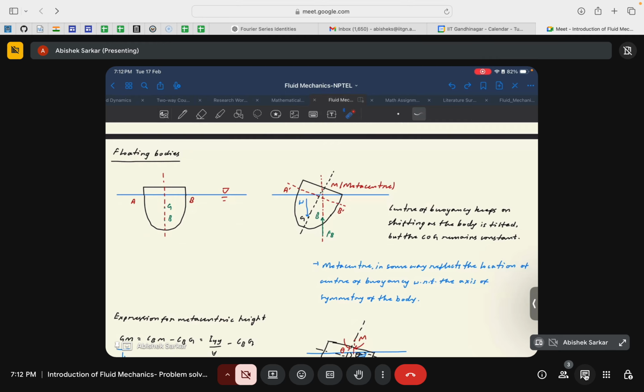And now you can understand why this is the case, because if there is no specific shape to a particular body, like we are not designing it in a way that shifts the center of buoyancy above the center of gravity, if there is no additional change made in this particular body so that the positions of the center of gravity and the center of buoyancy are deliberately changed, then naturally, if you remember from our first example for submerged bodies, the center of buoyancy